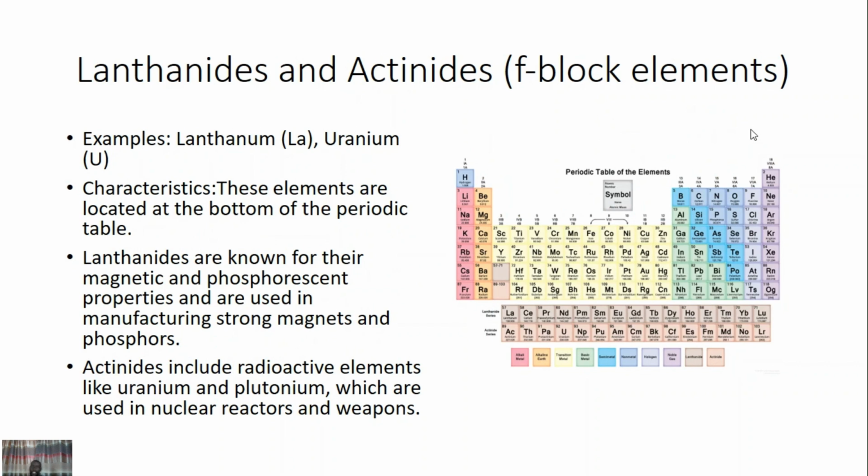The lanthanides and actinides are otherwise known as inner transition elements, and they are located at the bottom of the periodic table. Here they are. They are known for their magnetic and phosphorescent properties, and they are used in the production of very strong magnets and phosphors. Many of them are radioactive, and they are used in nuclear reactors and weapons. For example, uranium,